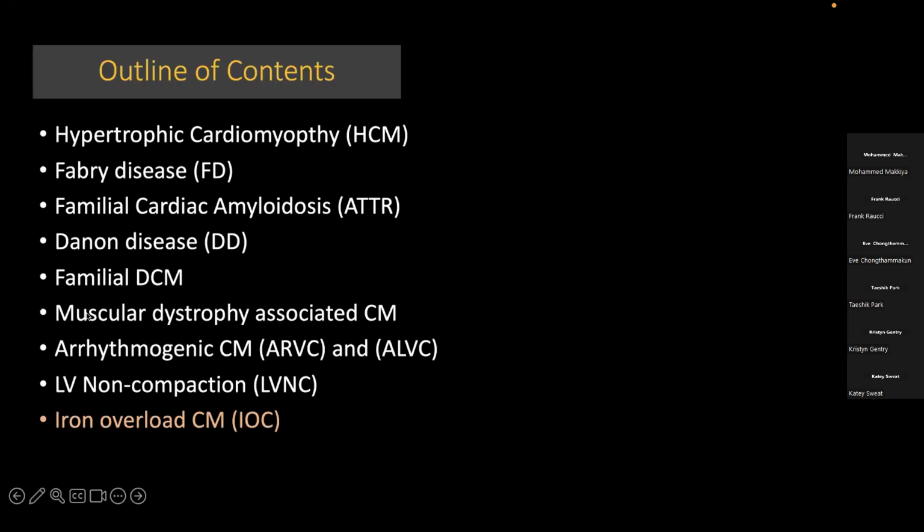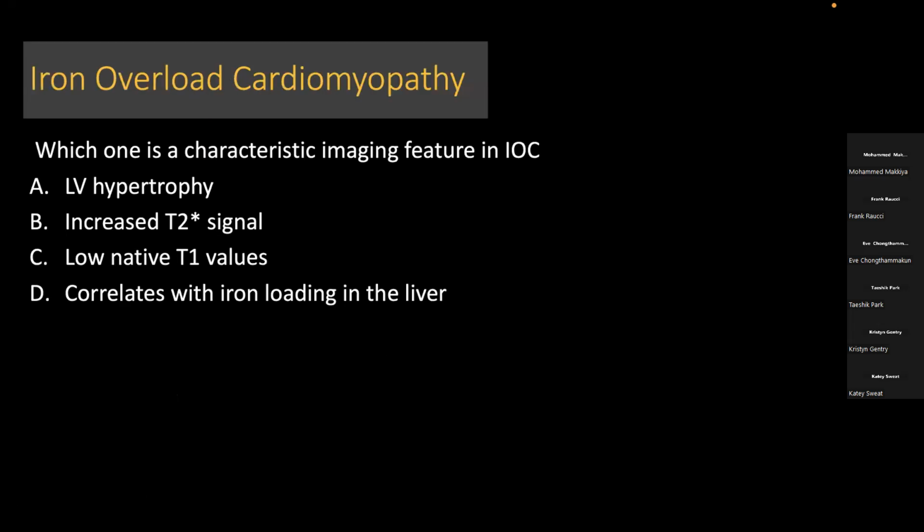Last on our list of diseases today is iron overload cardiomyopathy. Which one of these is a characteristic imaging feature in iron overload cardiomyopathy? Is it LV hypertrophy? Is it increased T2 star signal? Is it low native T1 values? Is it correlation with the liver iron overload? And the correct answer is